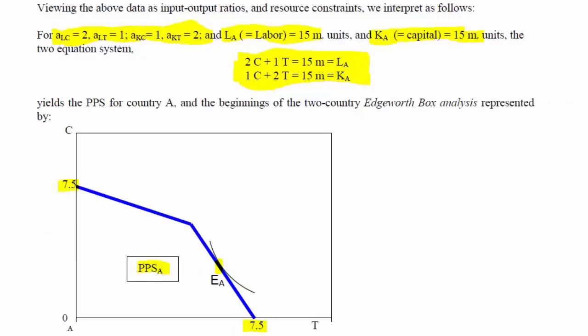What we've added here is the production possibilities frontier in blue, and then we looked for an equilibrium by adding the indifference curve that sits tangentially on the production possibilities frontier that represents the highest level of satisfaction that can be obtained when there is no trade. So of all of the combinations of C and T that the country can have, the one it would choose is the one that maximizes its social welfare value, or represented by the highest possible tangential indifference curve.